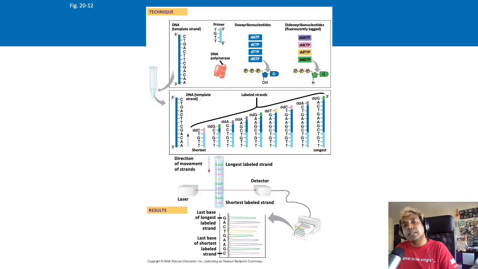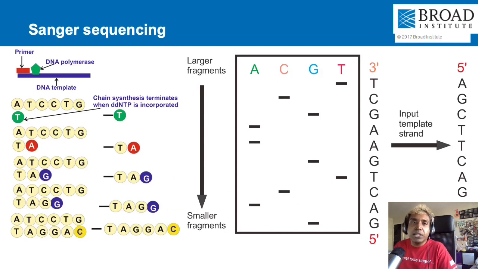So this would be just a summary of the two slides that I had previously, and this is how traditionally I would describe the Sanger sequencing method, by looking at the chain termination of TAGGC. And traditionally in the 1990s or 2000s, when I was doing my undergrad, we would run it